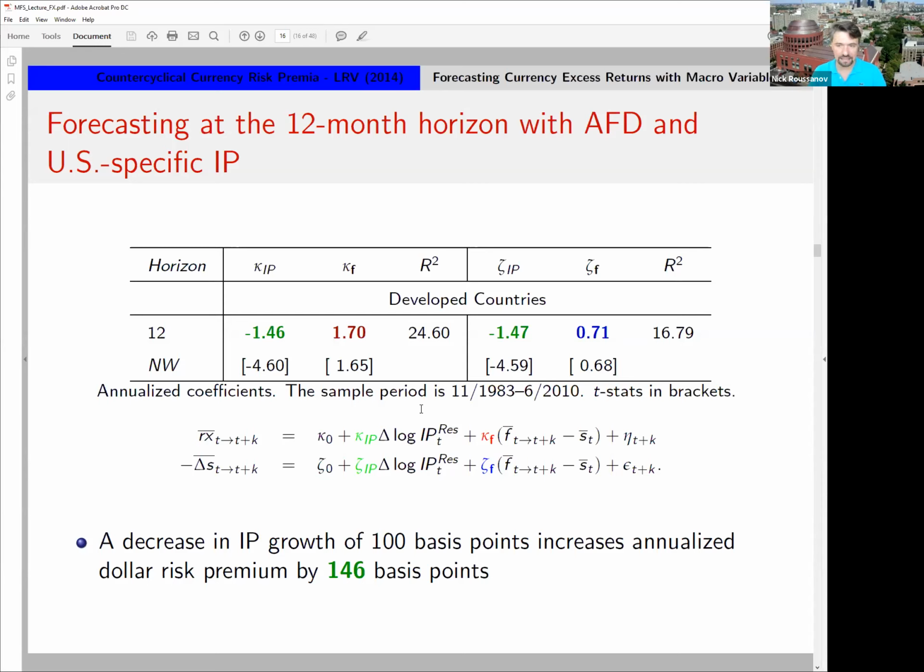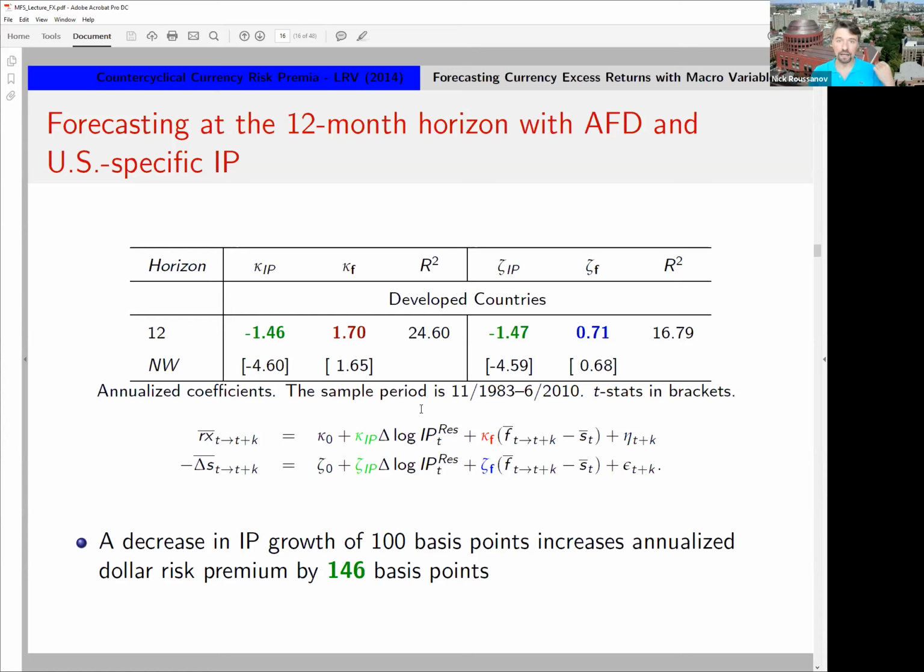So what we see is that, and this is going back to the question of kind of disconnectedness, how does this relate to macro? We know that exchange rates don't seem to be very connected to business cycle variables. Well, what we see is that if we add to the average forward discount a macroeconomic variable that captures the state of the business cycle in the US, and in particular here we're using growth of industrial production, we see that in fact, growth of industrial production very strongly negatively predicts currency returns,